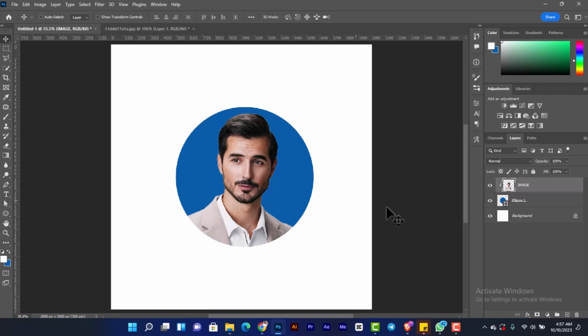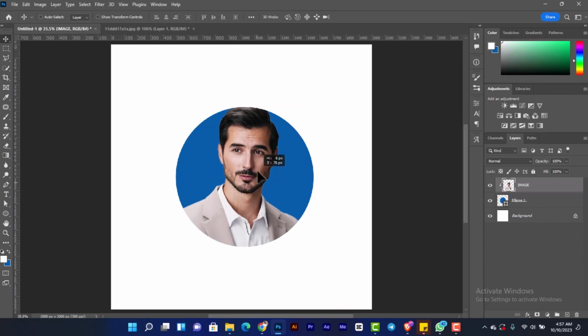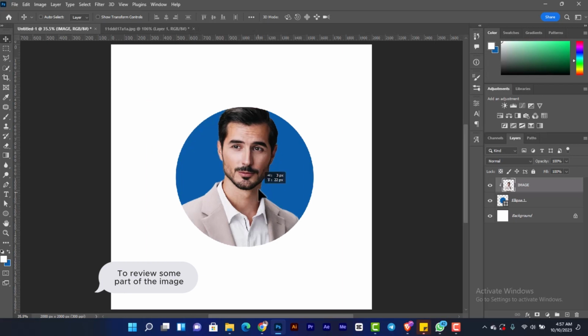Now, let's assume I actually want every part of this character to be hidden inside the circle while the head is showing outside the circle. I believe you get what I'm saying, in such a way that this head that is covered by the circular part will be showing, while the rest of the body will be inside the circle. So what I'm going to do is to press Ctrl J or click and drag on the plus sign here,